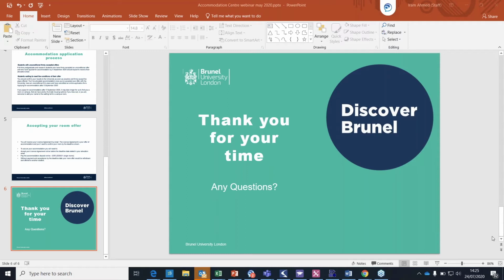So basically, we're just waiting for that offer to be unconditional firm, and then we will send you your room allocation. Next question is, when will those holding an unconditional offer be sent an accommodation confirmation email? Those that have already got an unconditional firm offer and have applied for accommodation should have got your offer already. If you believe you have an unconditional firm offer and you haven't received a room offer, I'd be very keen if you could email us directly so we can look into why you haven't received your room offer. Our email address is